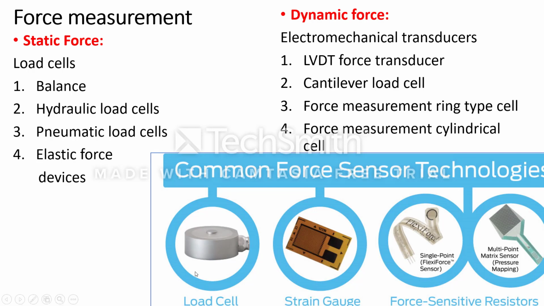The first figure shows the load cell where you keep the load. By using the load arrangement, it measures the load and gives the reading. Second, the strain gauges. Strain gauges are very delicate, but they can be used to measure strain by applying the load or force. They change the resistance, and these are the force sensitive resistors. These are some electronic transducers generally used for force measurement. Moving to the next, we will try to cover all types of force measurement devices.